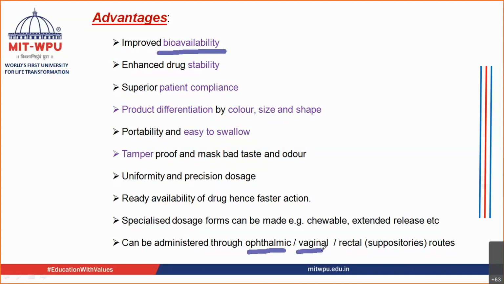It can be administered in the vaginal route also. It can be incorporated into the rectal route also, in the form of soft gel suppositories. Or it can be taken orally also. So wherever you are intending it, the drug is immediately available. So it has improved bioavailability, which is what Jivika asked me yesterday: the drug is immediately getting released.